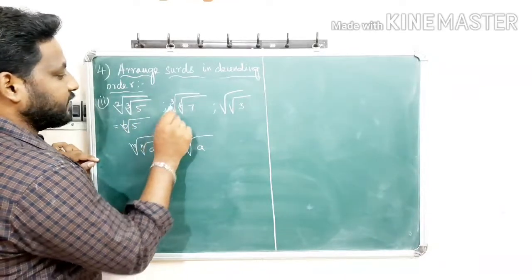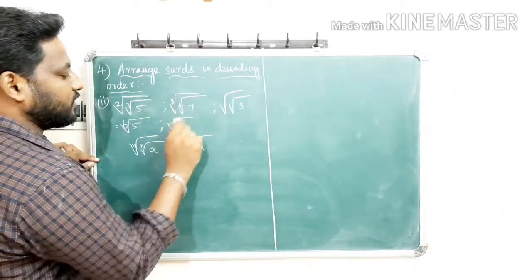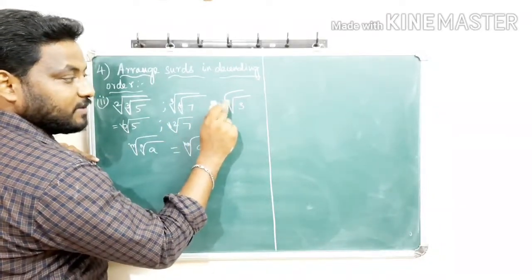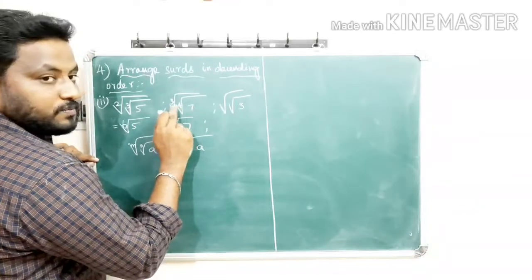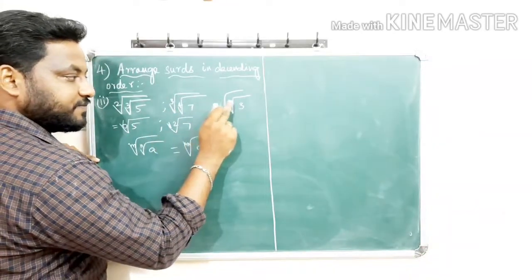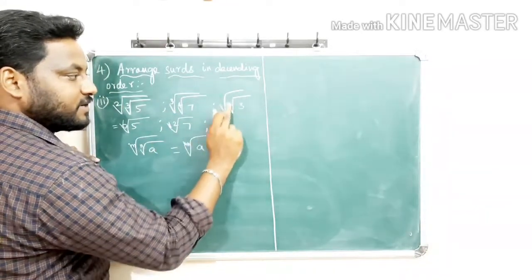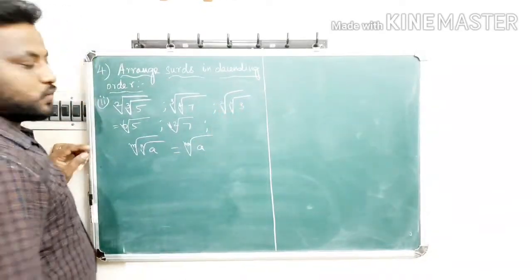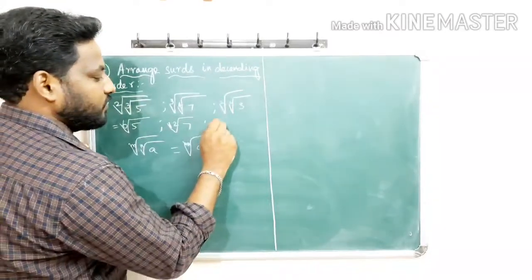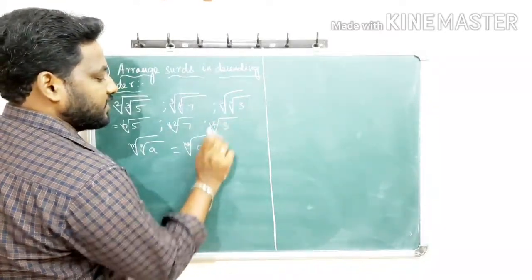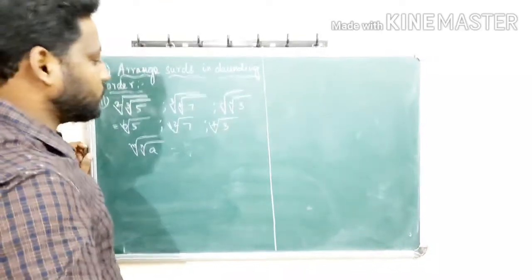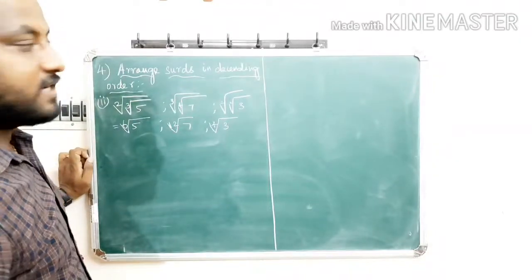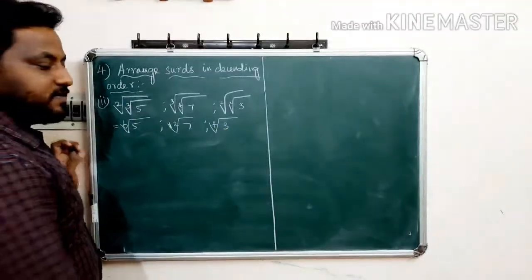So using that you have to write 2 into 3, 6th root of 5, 3 4s are 12th root of 7, and here if any number is not given, you have to multiply the number. If they didn't give any number and simply gave only a square root, then the number is 2. So 2 2s are 4th root of 3. So now you have to find the values of the given numbers, and then write them in descending order. Descending order means big number to small number.